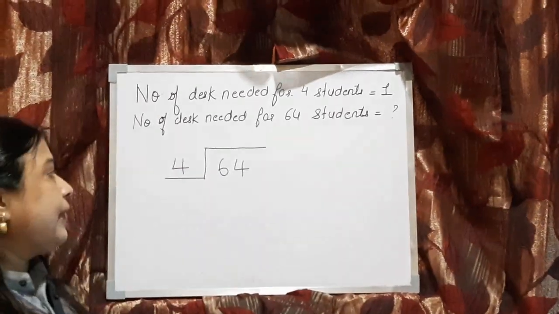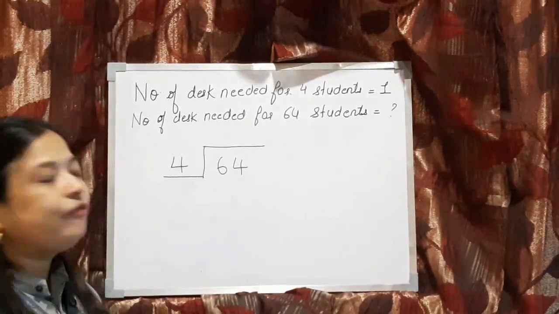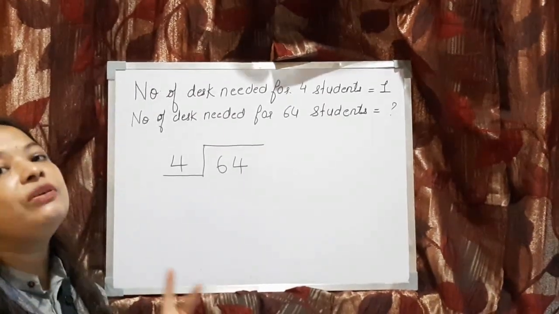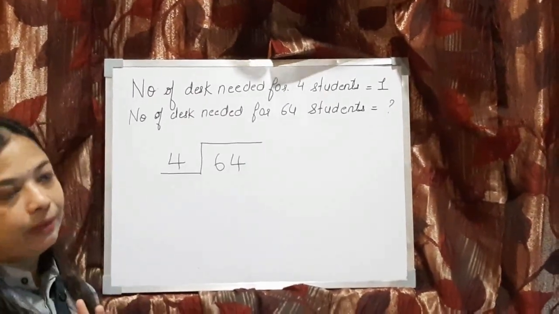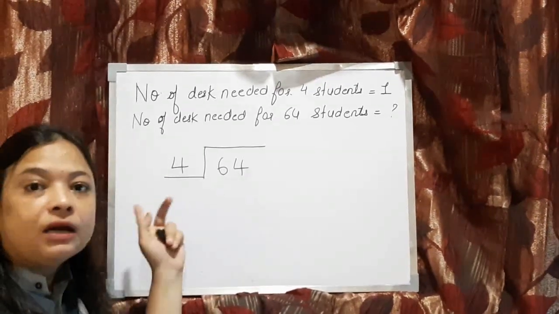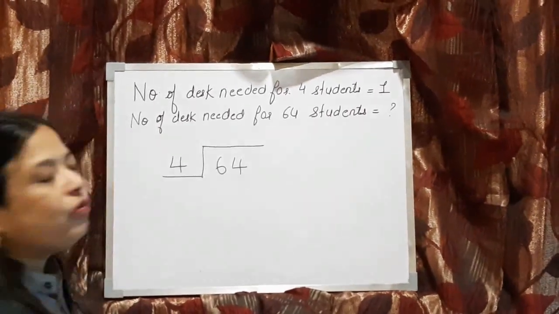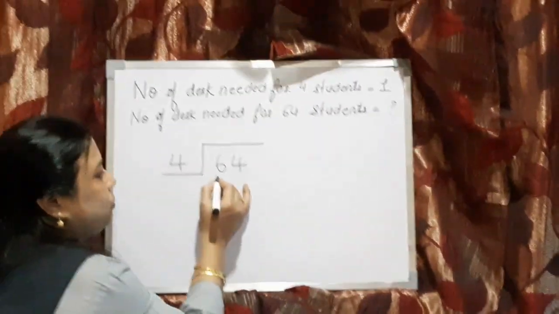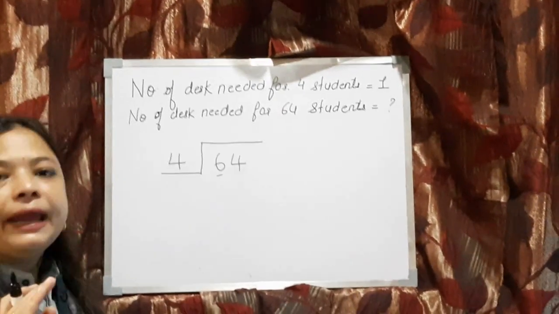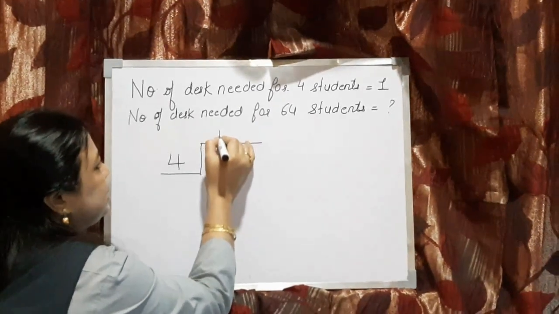Okay. So now you know division very well. How do we have to do it? First we will see the first number and then we will decide whether we have to take one number or two numbers. And as you can see, 6 is larger, bigger than 4. So we are going to take only one number. So 4 ones are 4. This 6 only we are going to take. So 4 ones are 4 and 4 twos are 8. 8 we can't take. So we are going to take 4 ones are 4.